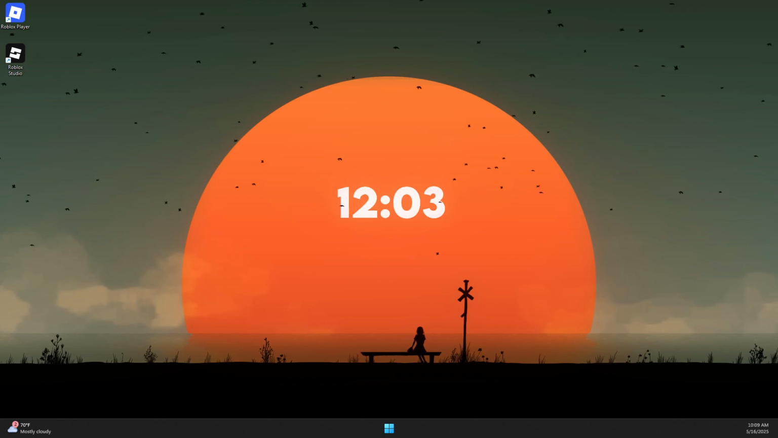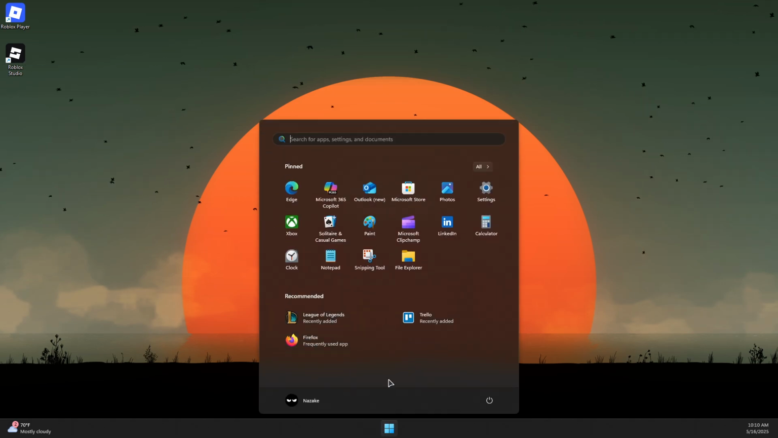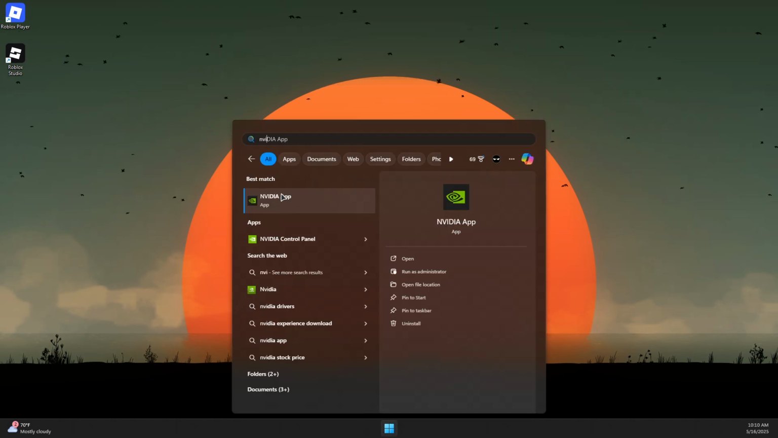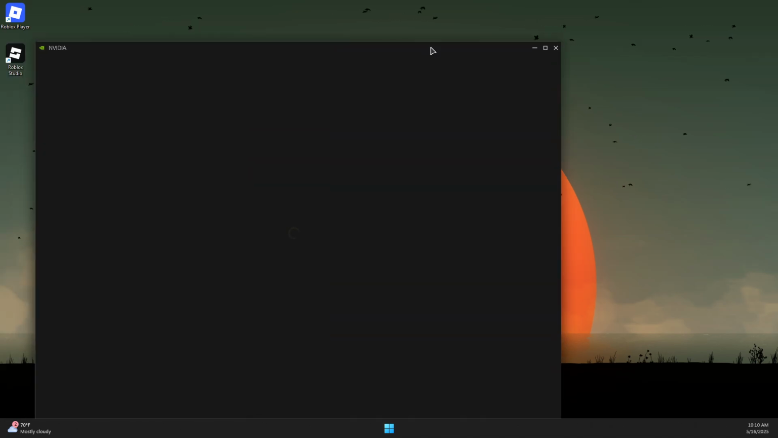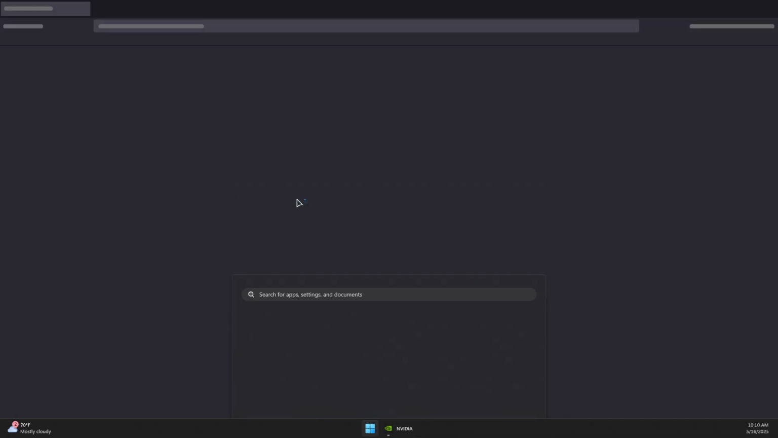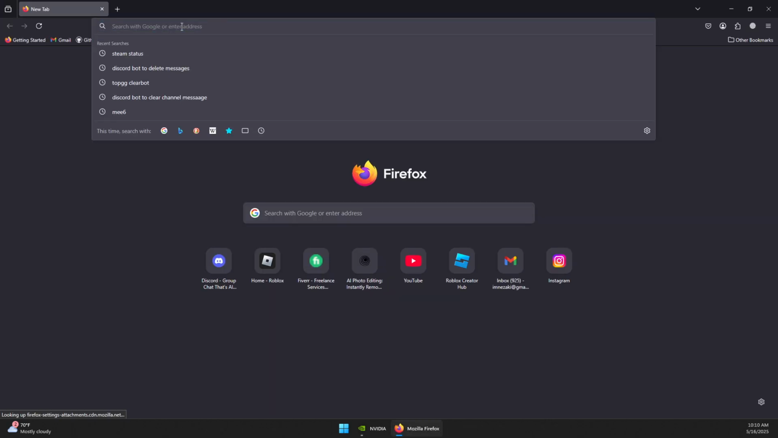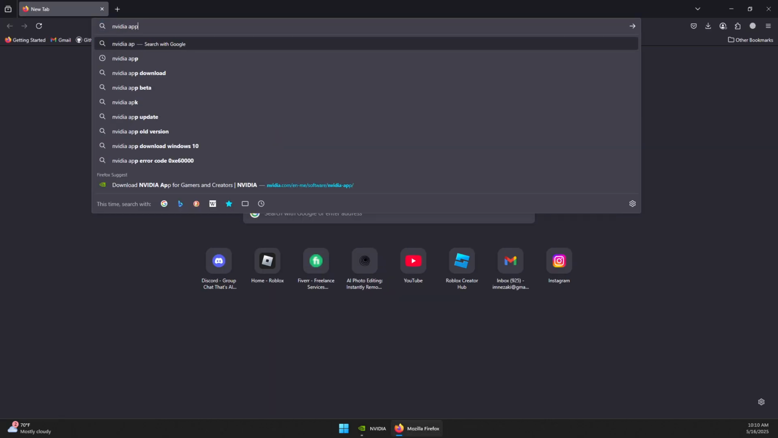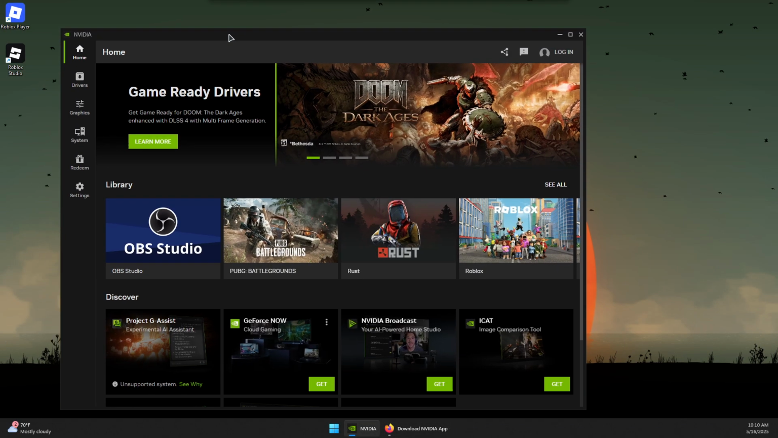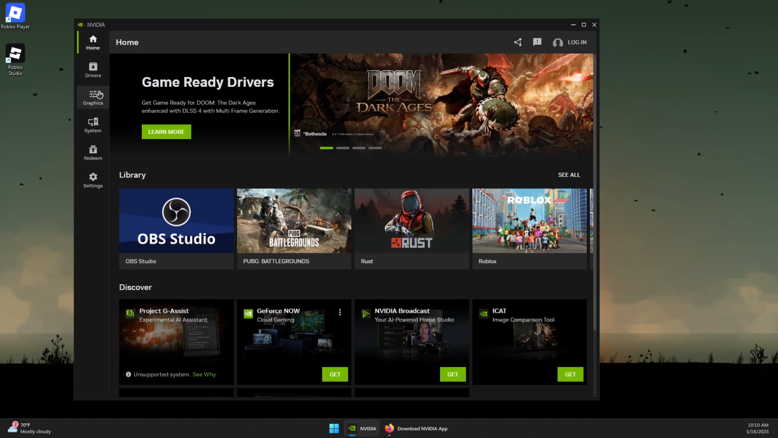So here's how to fix GeForce Experience error code 0003. First, you want to open your Windows menu and then search for NVIDIA app. Now, if you don't have it, you can open your browser and search for NVIDIA app, and then download and install it from the first link, which will help you find the drivers that match your